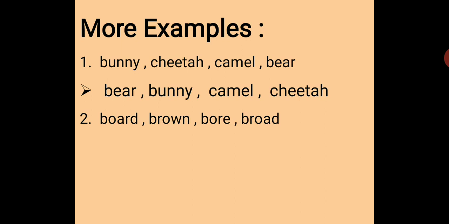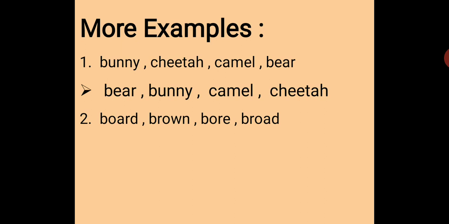Now we are moving on to the B-R words. And which are they? Brown and broad. We can see here their first three letters are the same. Then what can we do? We are moving on to the fourth letter of the words. And which are they? W and A.